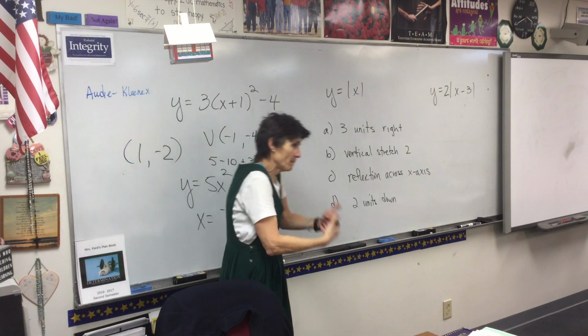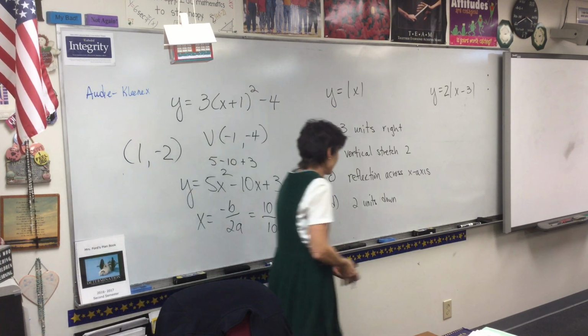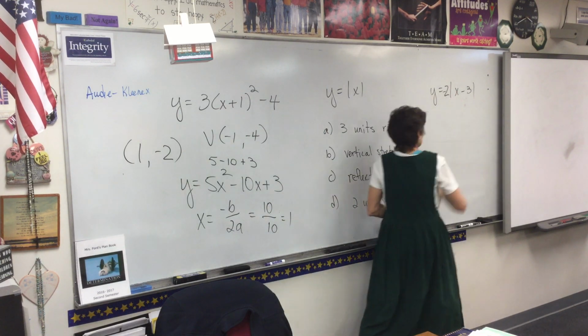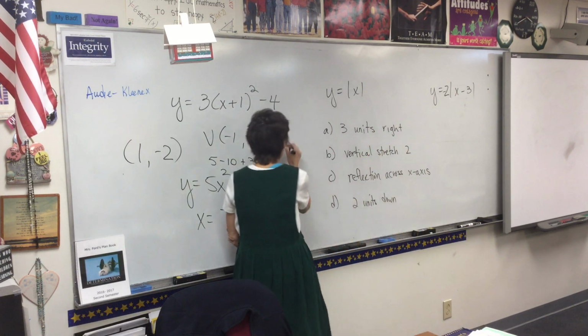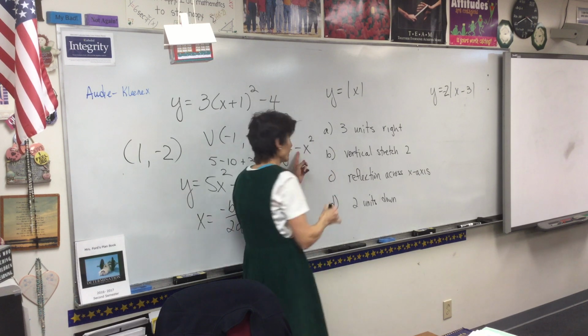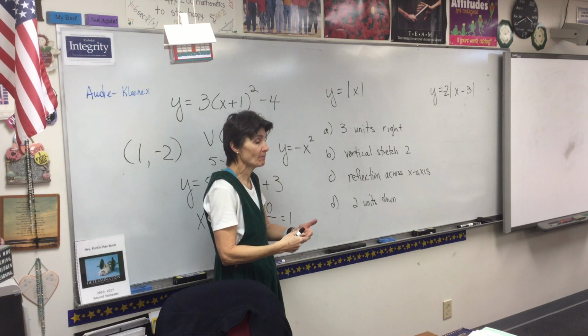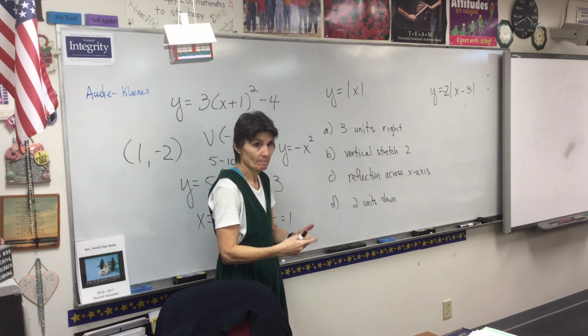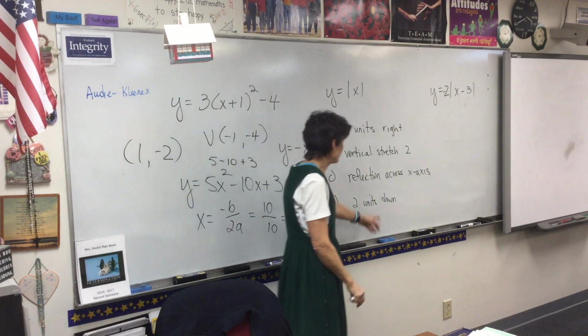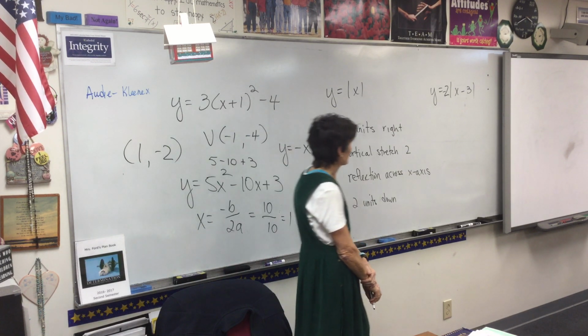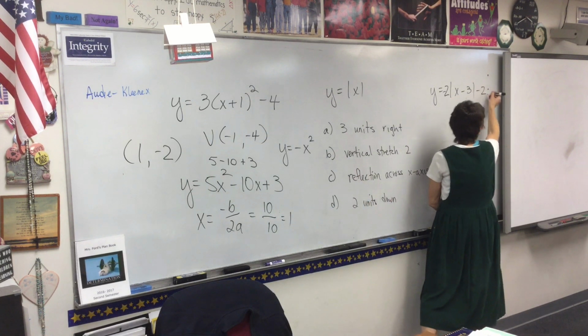How do we flip it? Negative 2. Make this number negative. That flips you over. Think about your parabolas. When you put a negative in front of the x squared, doesn't that turn it upside down? Same concept. Now 2 units down would take this down to